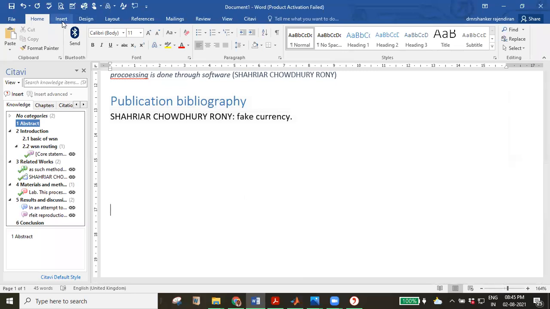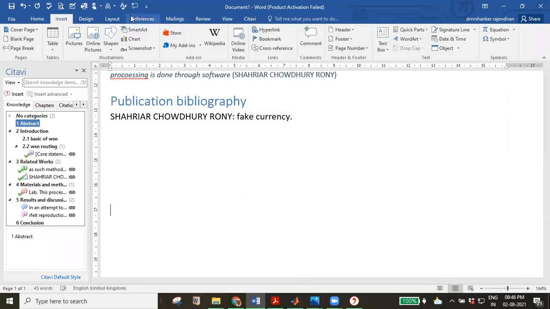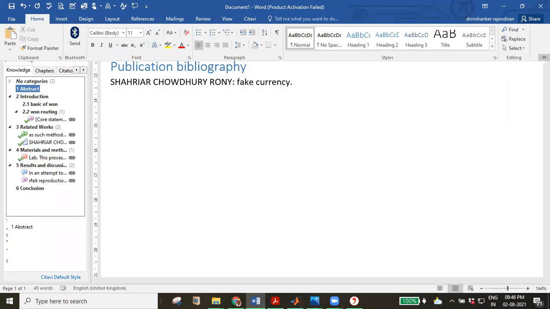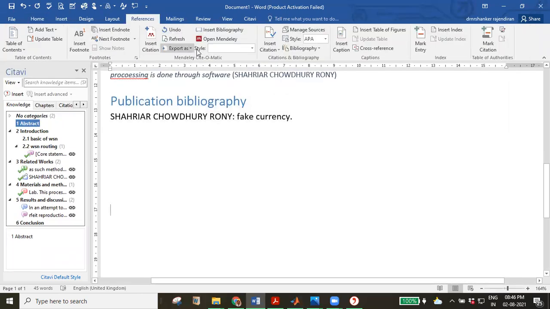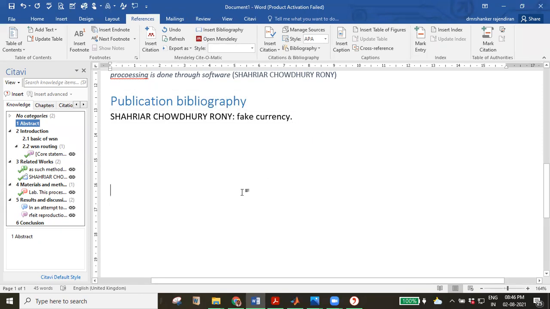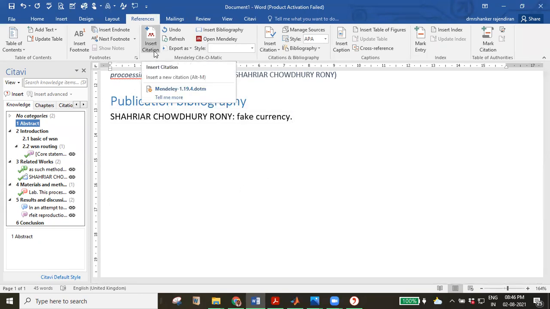Now, when I want my bibliography to be inserted, I'll just go here. Please wait. References. Okay, I have to go for references. I think it is taking time. Please wait. Now you have to pin it out. Now I have my references. I think you can see here insert bibliography, insert citation, and this is about the Mendeley. Now, when I want to keep insert citations here, insert citations from Mendeley or Citavi,